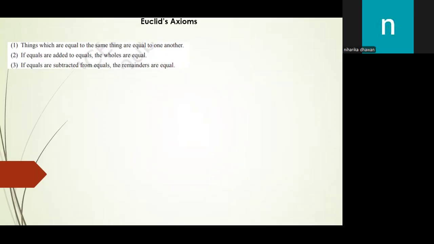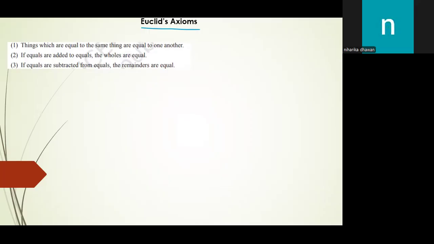Now we will talk about the axioms. So axioms are very important usually in an exam. If we talk about chapter 5, they normally ask about the axioms, about the definitions or about the postulates. We've already talked about the definitions. Now we will study about the axioms. After that, we will talk about the postulates. So all these things are very, very important. Generally, such kind of things only come in the exam from this chapter.